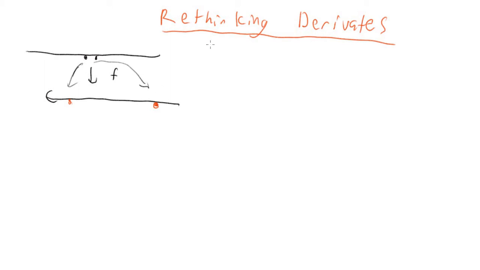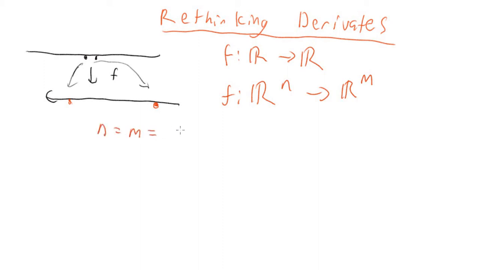Last time I talked about functions from R to R, and now we're going to talk about functions more generally, from R^n to R^m. Just for the sake of simplicity, we're going to let n equals m equals 2, and let's look at an example function. f is going to go from R2 to R2, and the function we're going to look at